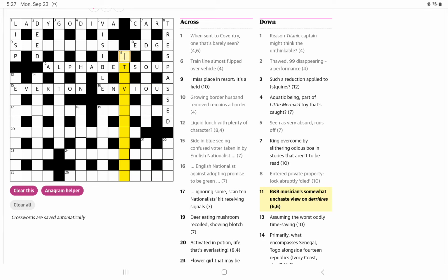Well, of course, they want us to think of something like, I like big butts and I cannot lie. But just looking at the letters, I think it must be Stevie Wonder. Would it be? We've too many R's, so... Unchaste view. Ooh, I wonder if we do have...